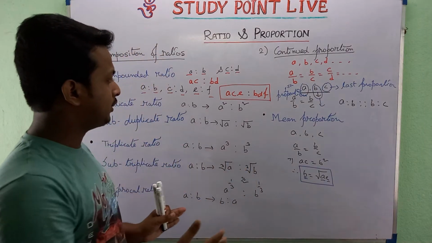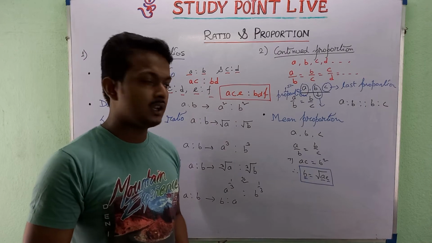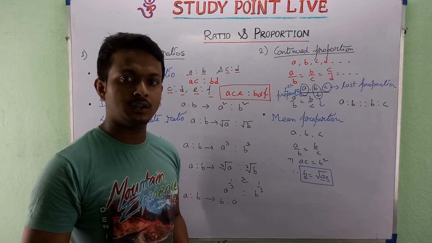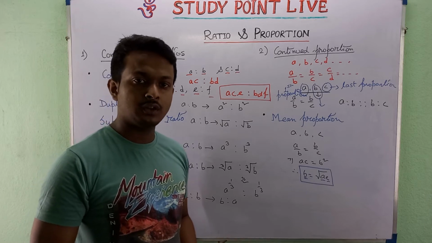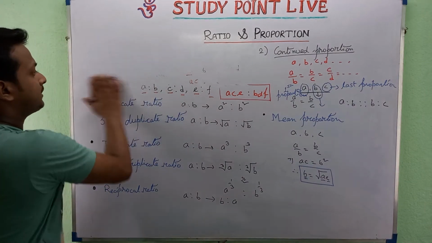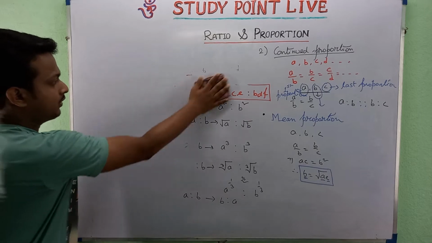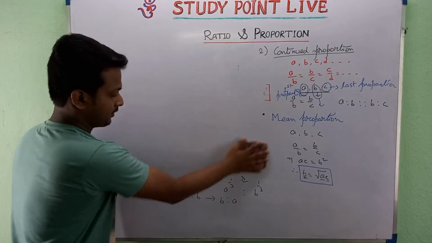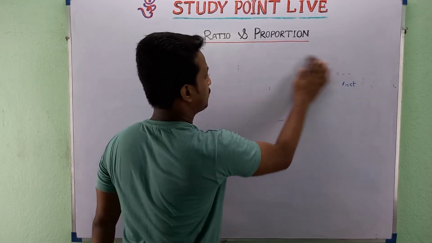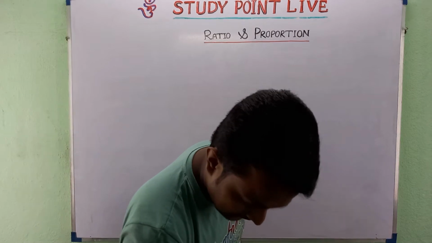So I think this is all the topic that we need to solve the problems from the first two exercises, and based on this we'll try to see the different kinds of problems from your Emerald book. So let me write some problems from your book, and we'll solve by different methods. There are basically two or three methods, but for one or two sums, we will try to cover each and every different kind of problem.